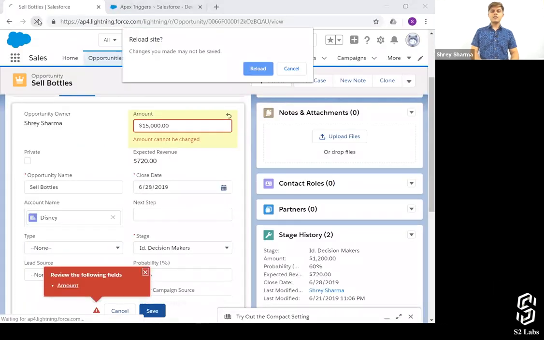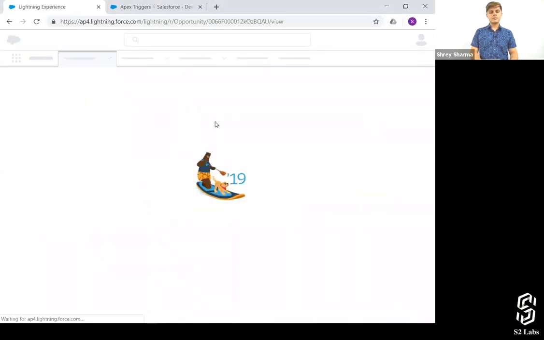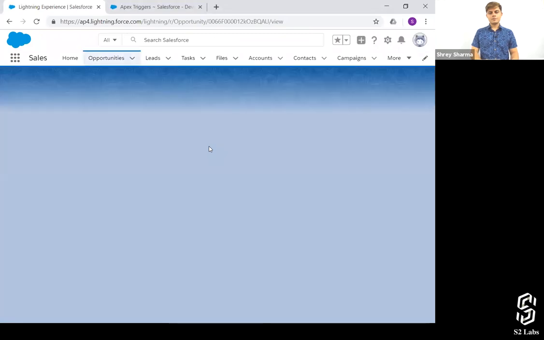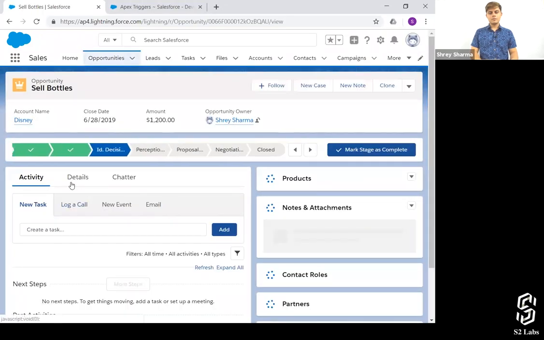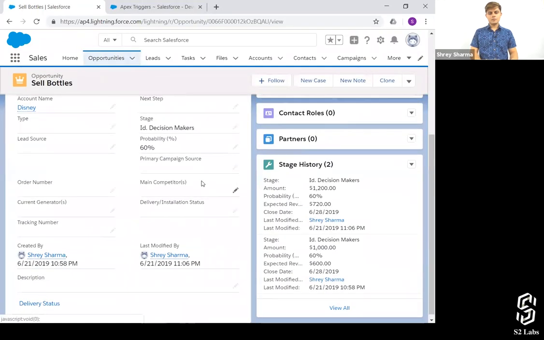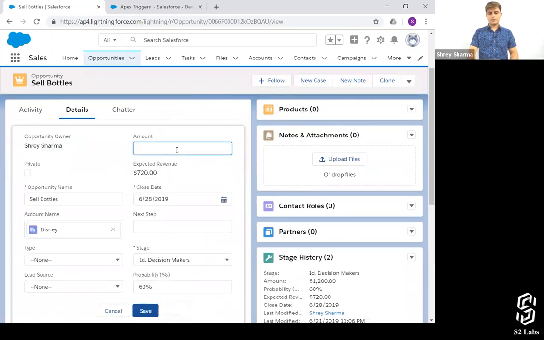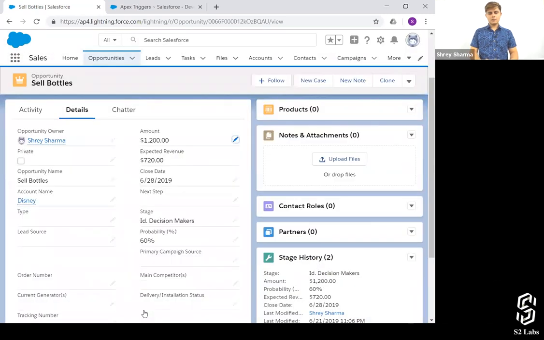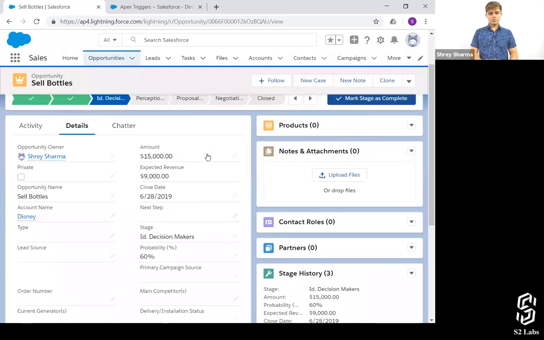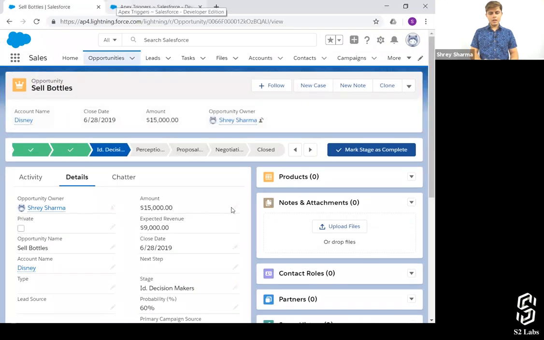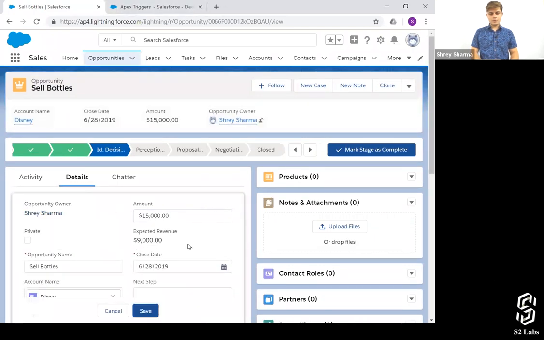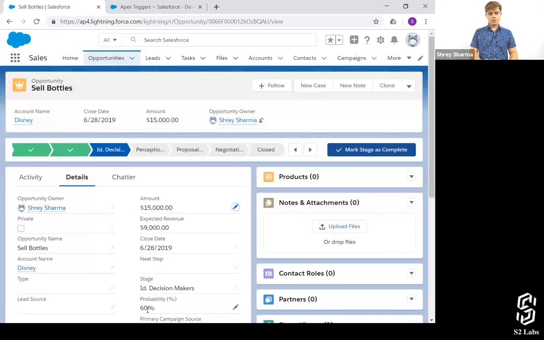So let's update this record once again. Reload. Oh, what happened? It did not say no, it got saved.